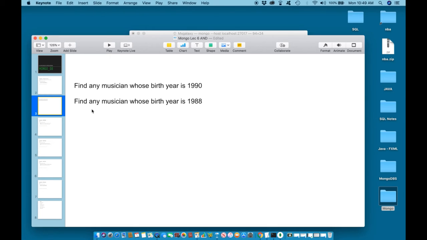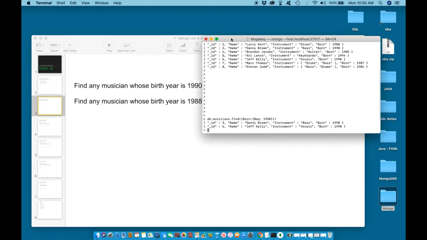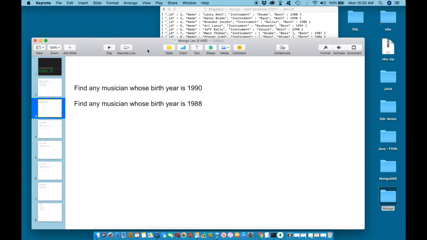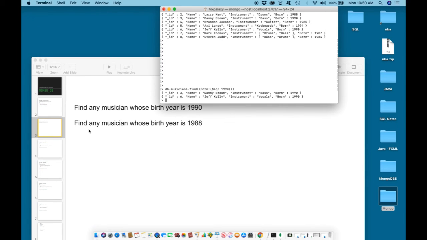Here's another. Find any musicians whose birth year is 1988. So just like the example we just tried, can you pause the video now and try to solve number 2 on your own? Once you have completed, continue the video and I will solve this together. Now, assuming you paused the video and tried to solve this question on your own, let's go ahead and solve it